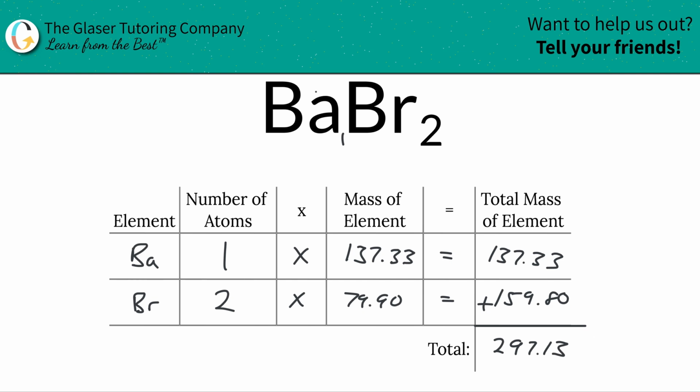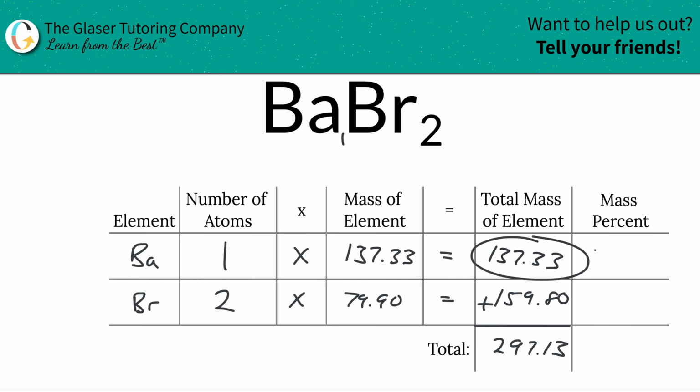And now, since we're trying to find the mass percent of each element here in the compound, the first step was to find the total mass of the compound, and now all we've got to do is a very quick added step. So I'm just going to add another column to the table. Bam! So to find out the mass percent of barium, we're simply going to take the total amount of barium